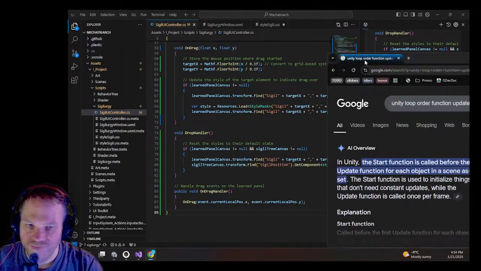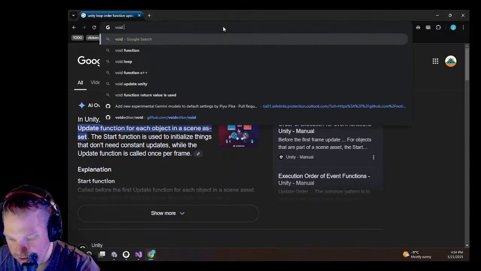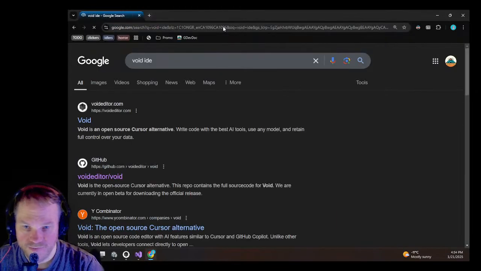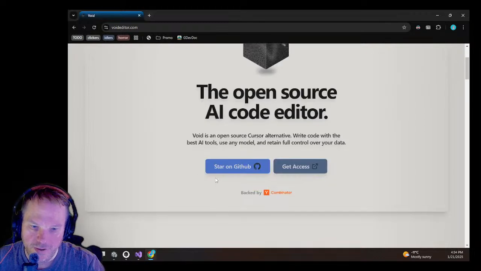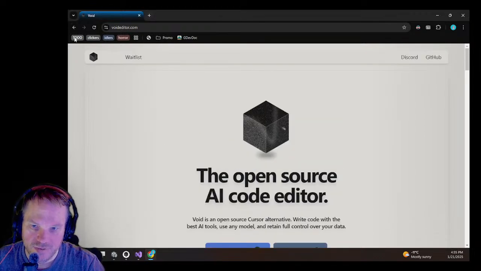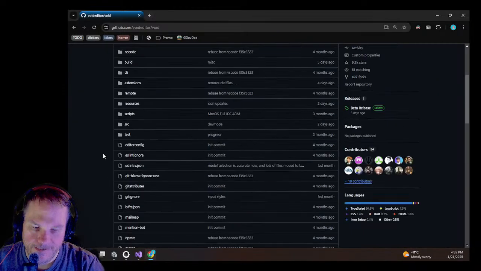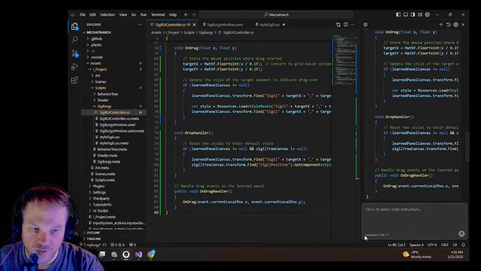So if you want to have fun and try this, you search Void IDE and you get Void. So it's an open source there, and when you will be there, this will be empty. It will say install Ollama, which is